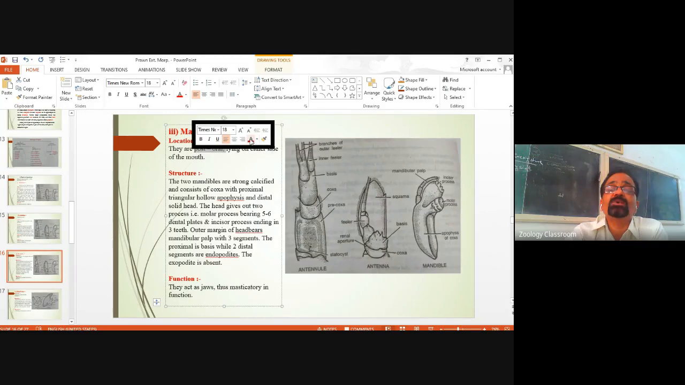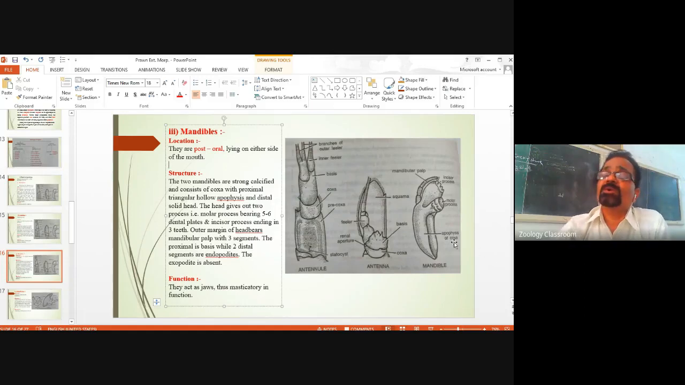So far, how were all of them? They were pre-oral, that is, anterior to the mouth. Now these are the two. This is the appendage. Mandibles are the appendages which are post-oral, lying on either side of the mouth. Okay. The two mandibles are strong, calcified, and consist of